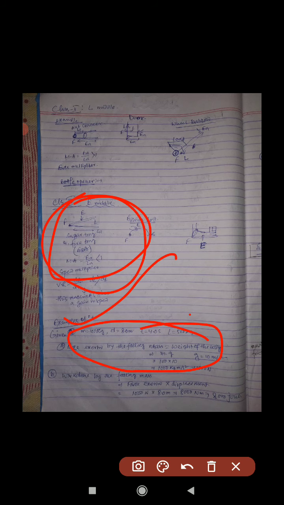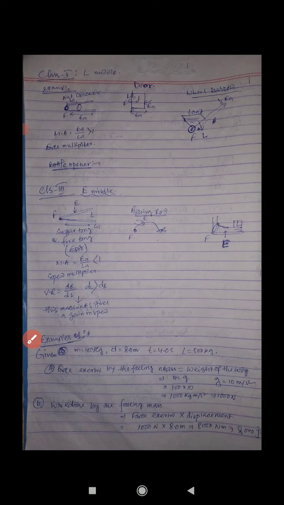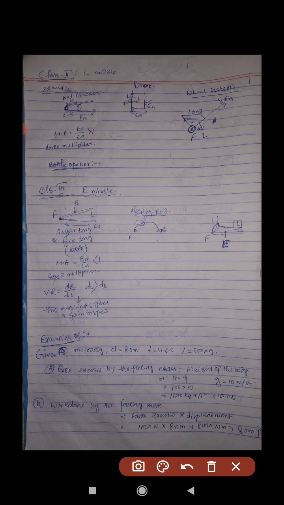This is the first thing solved in your book, but I will explain. These are the given values. The mass driving the machine is 100 kg, and the load is 500 kg. Load means the work done by the machine. When the machine is doing work, it does it on the load. The effort is given by the 100 kg mass that falls 8 meter in 4 seconds. Understand students?